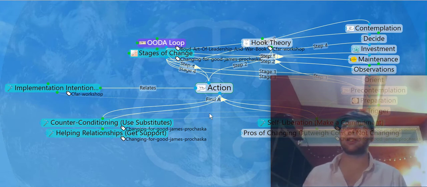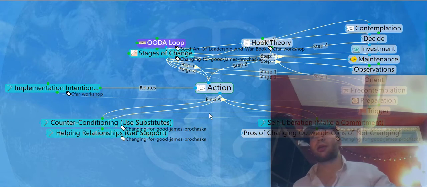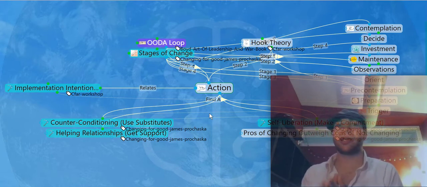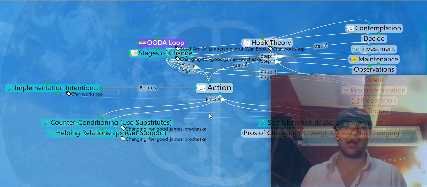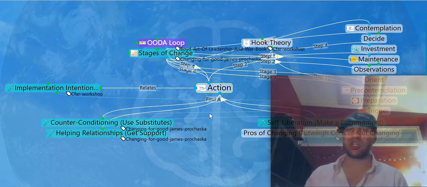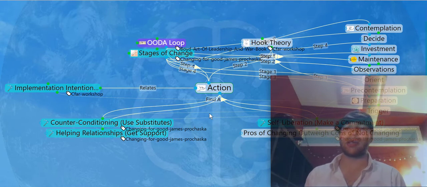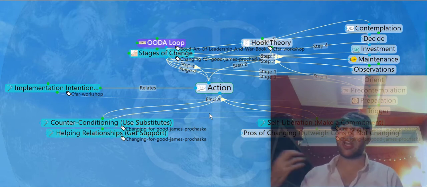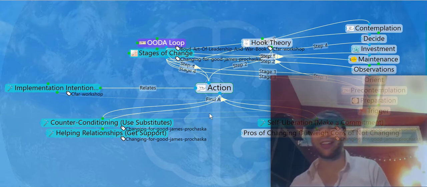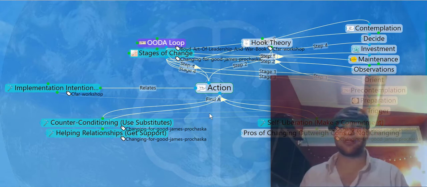And finally, you have maintenance. So you've sort of made the change, and here you need to manage your reinforcement. You're going to be using rewards to keep rewarding you for good behavior. This actually, I believe, should also be in action. I might have made a mistake there when I set this up. And you have stimulus control, where you're managing your environment here. You're making sure that you won't get re-triggered and relapse.